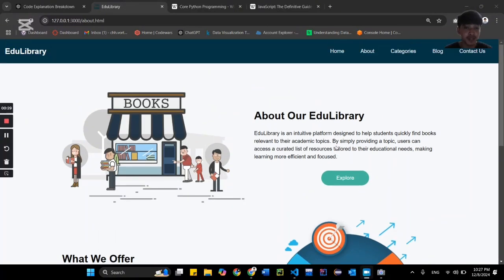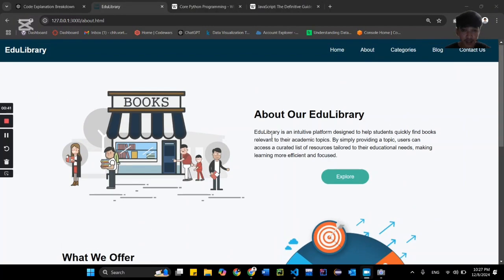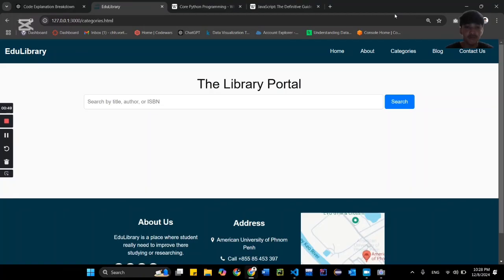On this page, we didn't put much information, because the goal of the about page is just to explain to the user who we are and what we do with this website. We have a paragraph about our website and also a hyperlink that leads you to the category web page. The category web page is the most important part of our website,